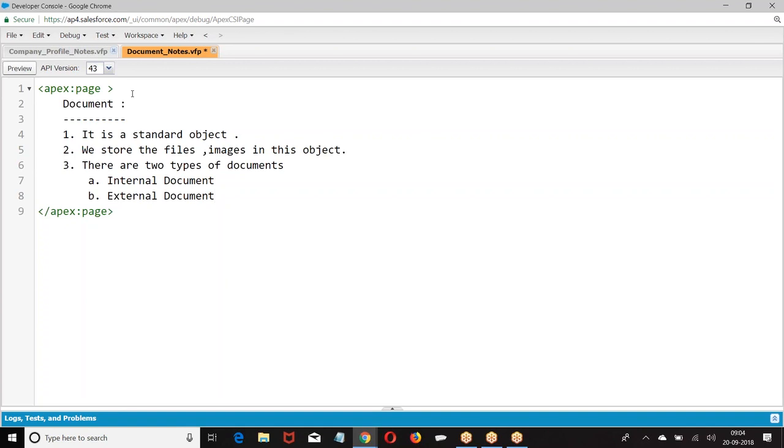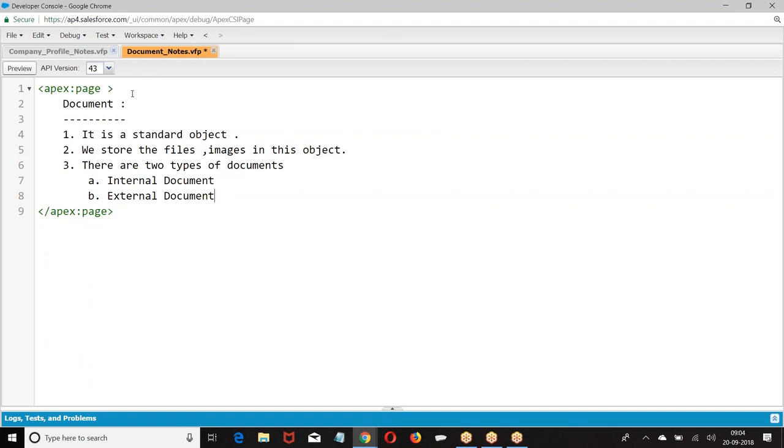What is this internal document? If you want the document to be shared only with the internal users, we name it as internal document. Let us say in the email, I am attaching my resume and I am forwarding. When I attach my resume and forward to you, is the content of my resume directly visible?